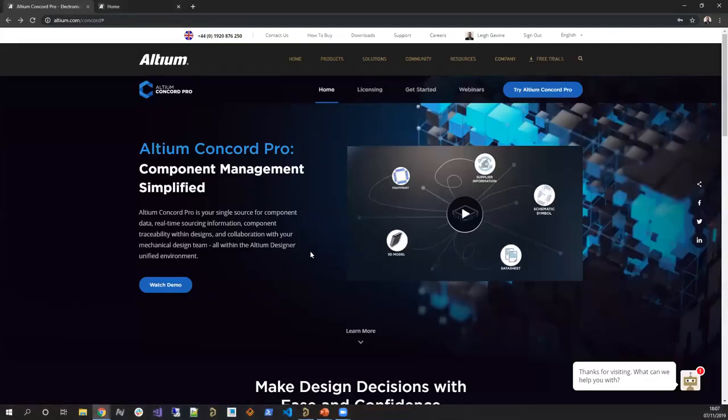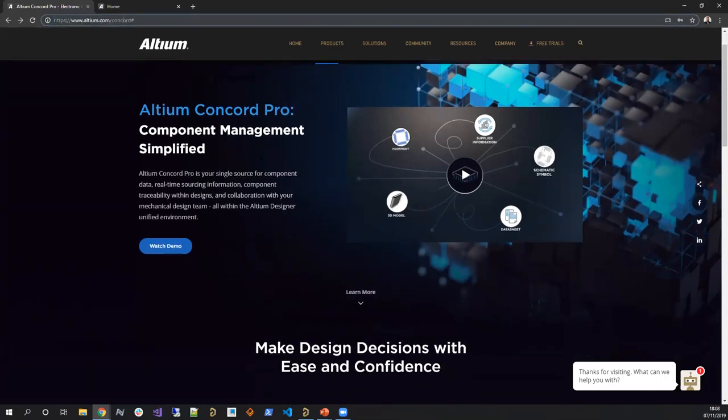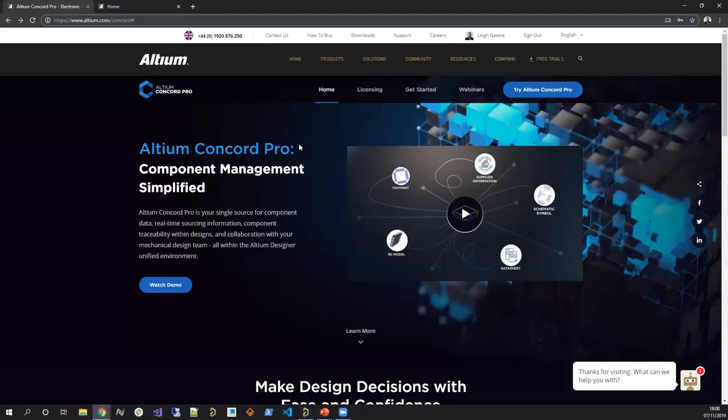screen here. Okay, so very first thing, let's talk about getting set up with Concord Pro and really how straightforward and easy this is to do today. What you can do is you can come to altium.com/Concord, okay, and that's going to bring you to this homepage that we've got set up, which explains a bit